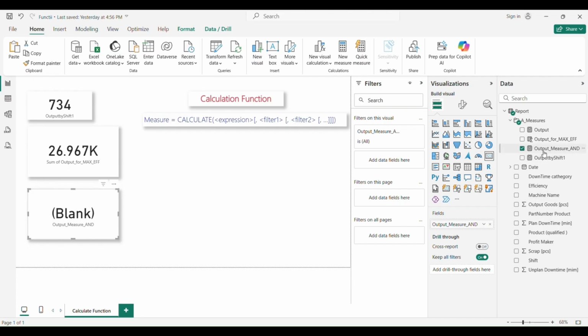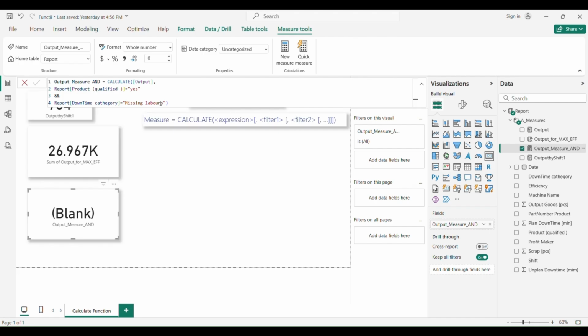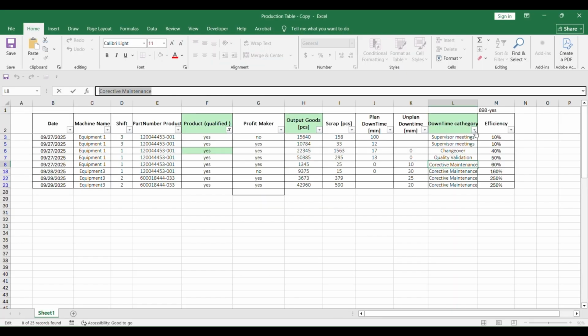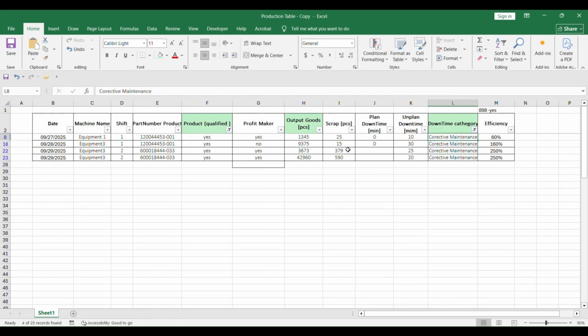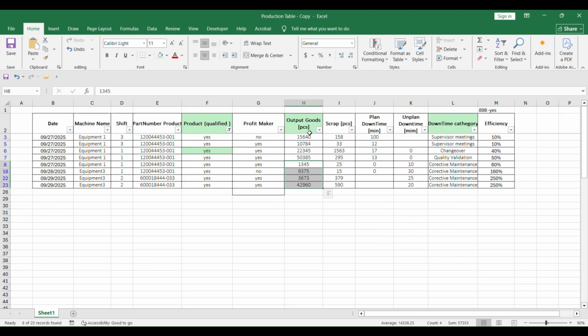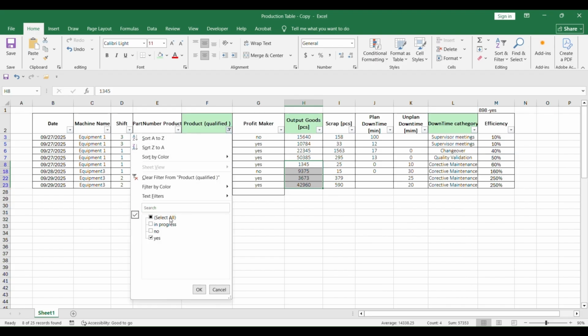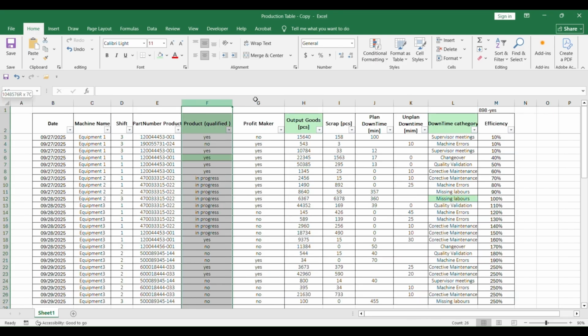I would have got a good result. So we change missing labels with corrective maintenance, and we will have an output like 57K. So if I will filter now by corrective maintenance, we have 57K, which is correct. Good. Let's just get back.